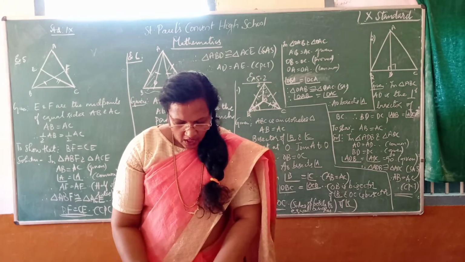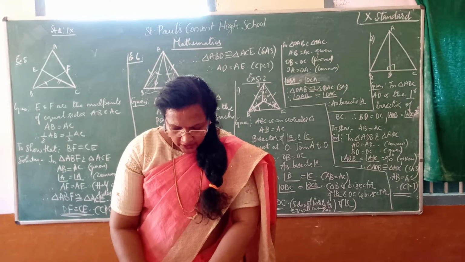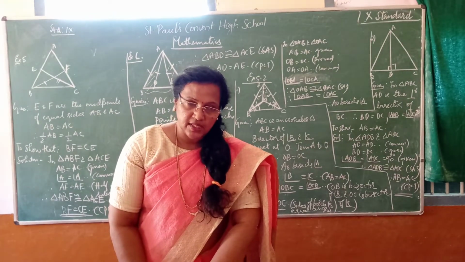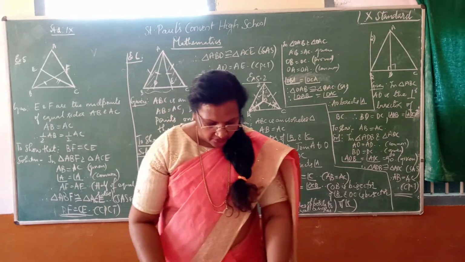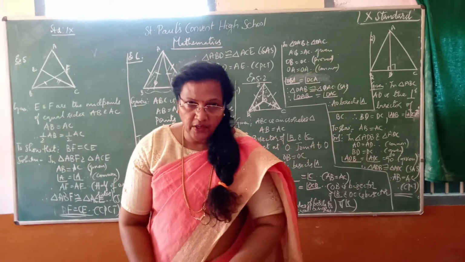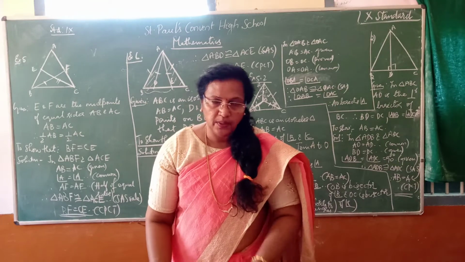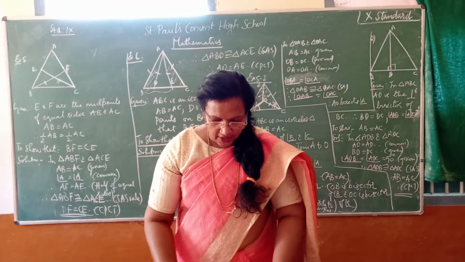Then the heading you have to give is some properties of triangles. In that you have to write the theorem, which is that angles opposite to equal sides of an isosceles triangle are equal. I have explained it to you yesterday. The same way you have to write the theorem. After writing the theorem, you have to go for example 4, 5 and 6. Then exercise 5.2, 2 problems which I have showed today. Later, go for the constructions.